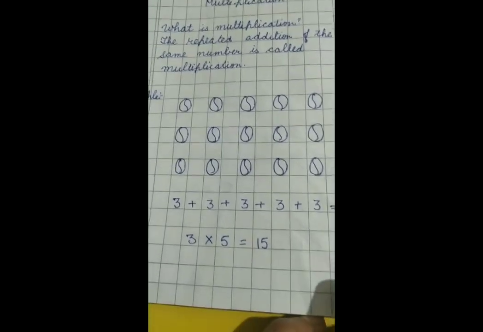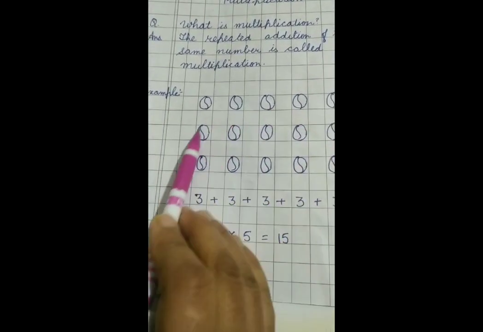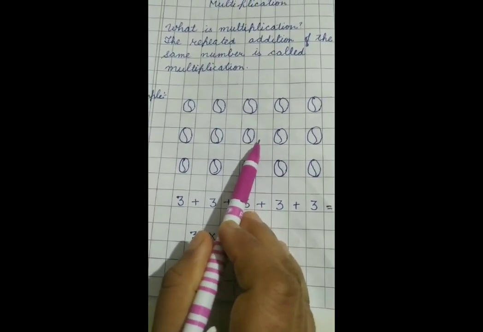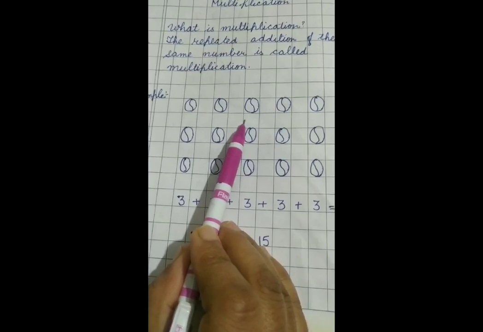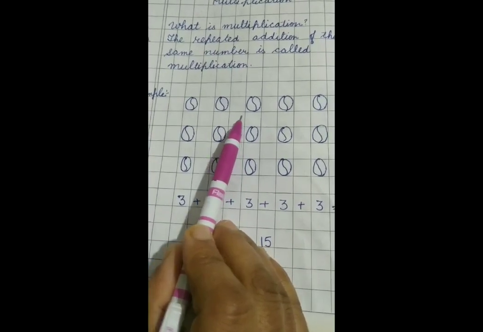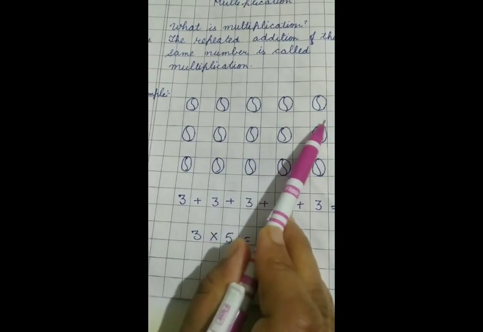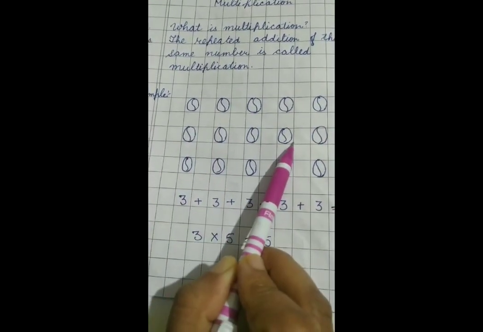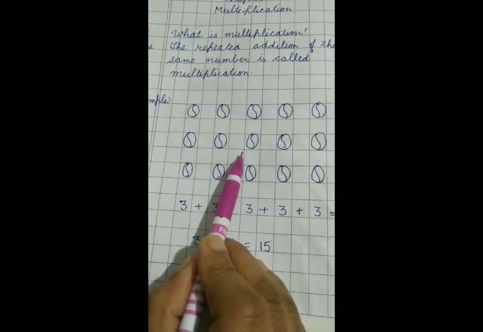Let us understand the concept with an example. Suppose you have a collection of balls here. Okay? And I'm asking you, how many balls are there? Here, you have the method of counting the number of balls like 1, 2, 3, 4 and you can tell me the answer. But I will say it in a different way.